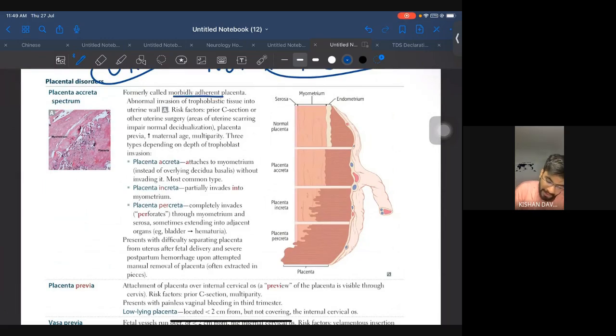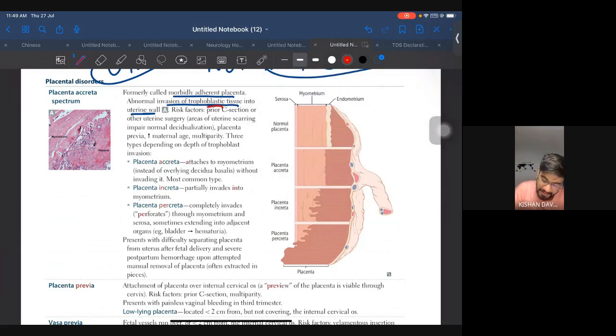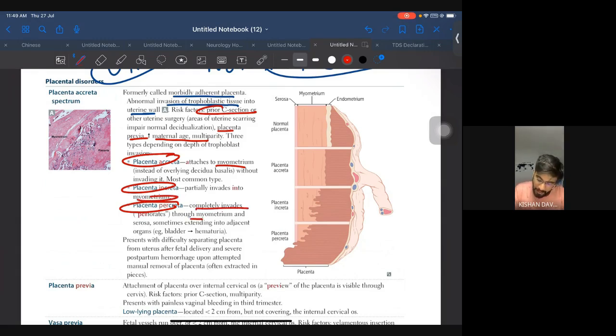Formerly called morbidly adherent placenta, abnormal invasion of trophoblastic tissue into uterine wall. Risk factors, yeah, here they will be mostly focusing on risk factors. So C section is important in all of them. Okay, C section is very important. Then placenta previa, maternal age, multiparity. Okay, there are three types: accreta, increta, percreta. Accreta attaches to the myometrium, increta invades into myometrium, percreta completely invades the myometrium and serosa, sometimes extending into adjacent